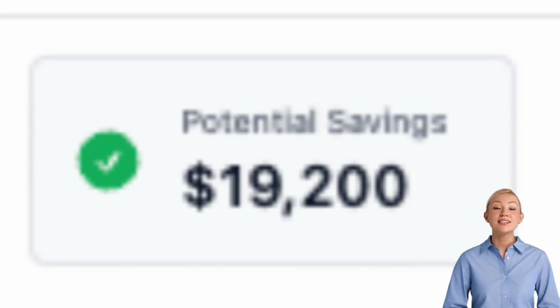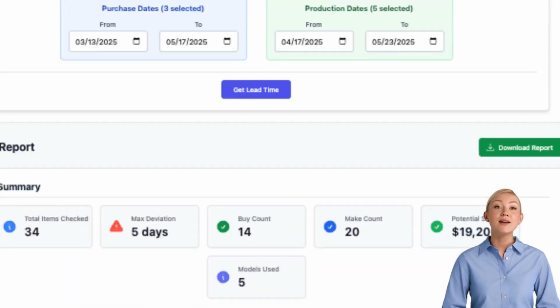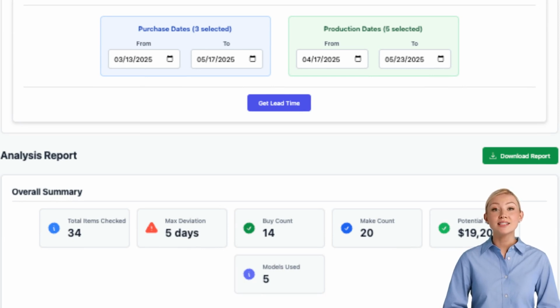Here the system predicts $19,200 of potential savings. The system calculates potential savings by analyzing bills of materials to identify components that must arrive together. When materials arrive at different times, some sit in inventory incurring carrying costs. The savings represent optimizing purchase order timing to align all BOM components, reducing unnecessary inventory holding costs, and improving cash